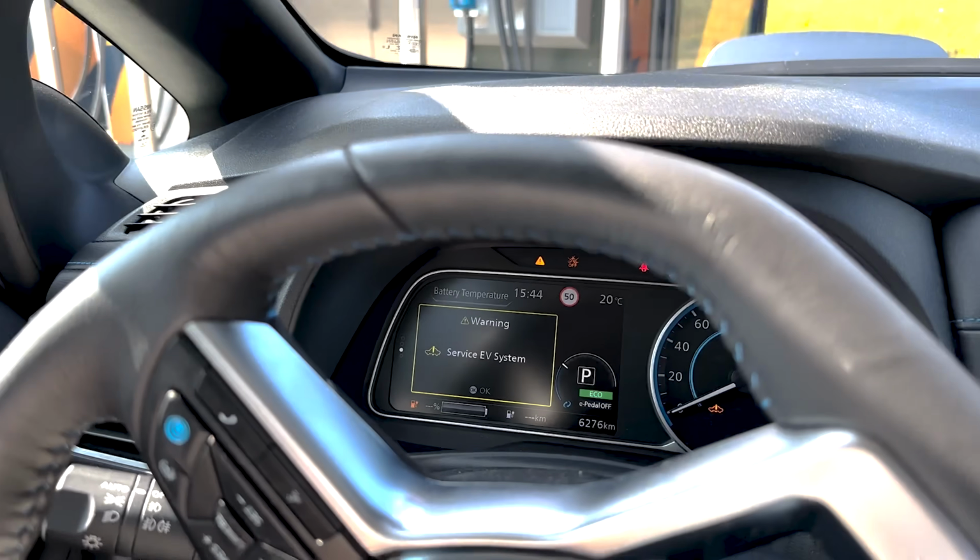It's already 3:45. Probably no mechanics left at the Nissan dealer, but I'm hopefully going to be given a rental car so I can go back to Oslo. But this test with this car is done. Is the battery done? Is this car broken? Not sure. Guessing this battery pack is not good, because after sitting here for almost 40 or 45 minutes,